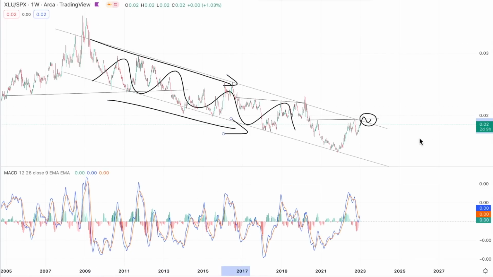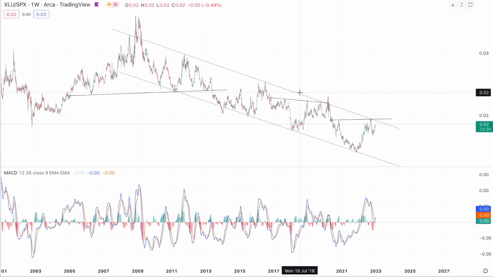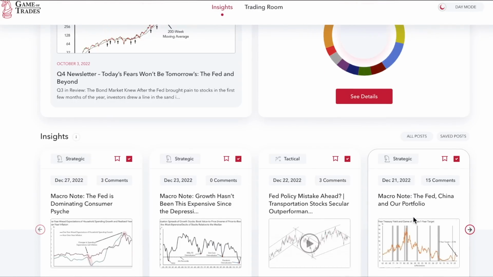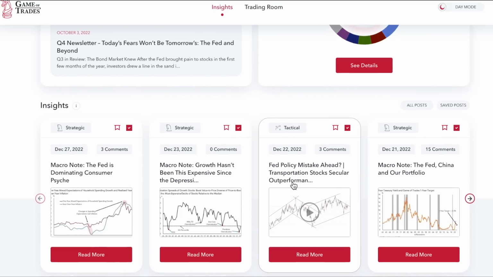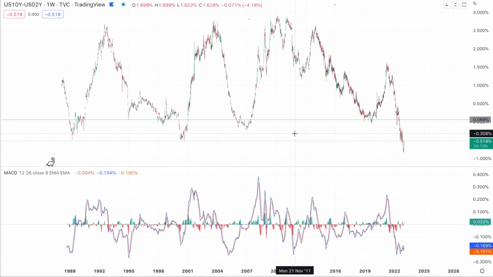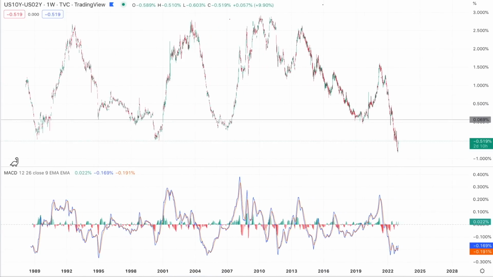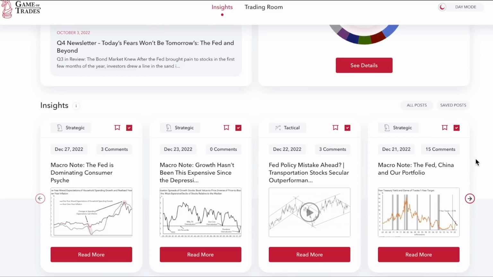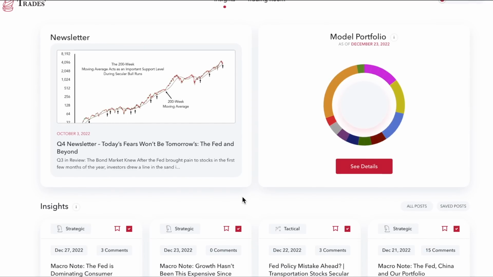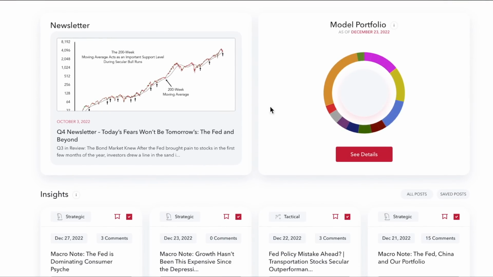Now again, that hasn't happened yet, but this will be one of the topics of our research over the next few weeks and months at gameoftrades.net. We'll be assessing how different sectors, including utilities, perform when inflation is coming down, as we've seen over the past few months and are likely going to continue seeing over the next few months, but also how these sectors typically perform after a yield curve inversion, which typically predicts a recession 1 to 2 years out after the inversion that we've seen this year. And depending on the results of that quantitative work, and if we do find that this sector is an attractive bet and a hedge against downside on the stock market, we could be adding that to the model portfolio we have.